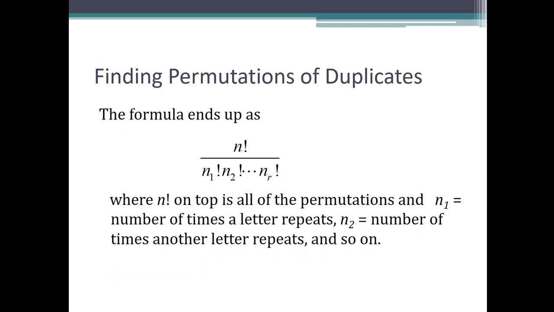So the formula ends up like this, where you still do the n factorial, but you look at the letters that repeat, and you see how many times the repeating letters appear. And you do those number of factorials on the denominator. And once you divide by that, you'll see how many ways you can truly do the different arrangements of letters. All right, for example,